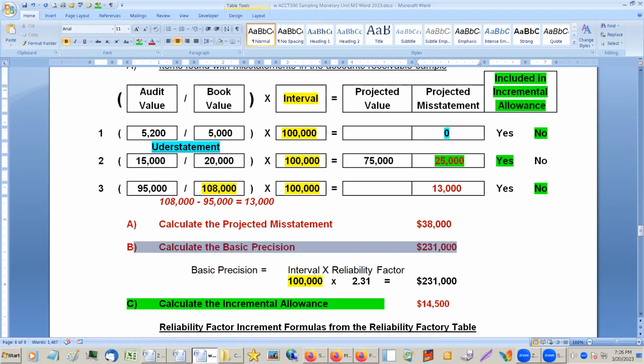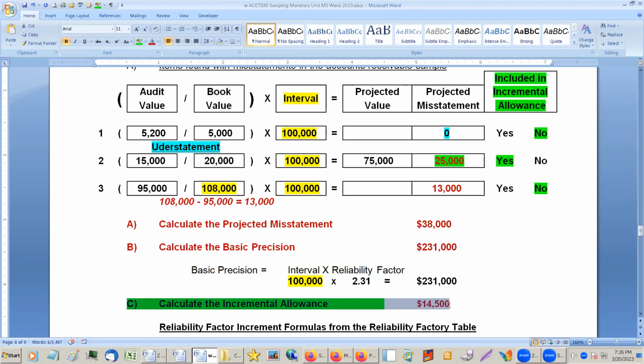So basic precision is, if we don't find anything, it still could be off by some amount because it's a sample. This one is, okay, we have to add a little bit, because if we do find any of these samples that could have things that are more wrong with them, it could increase the amount of error basically we're looking at.